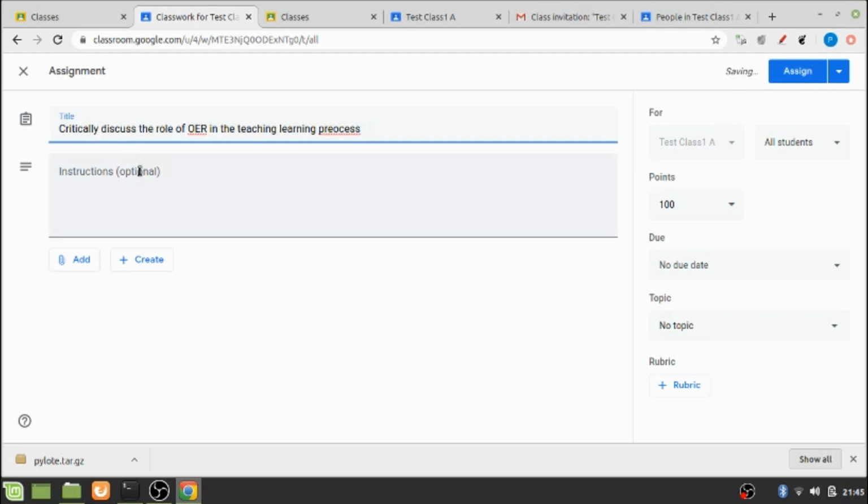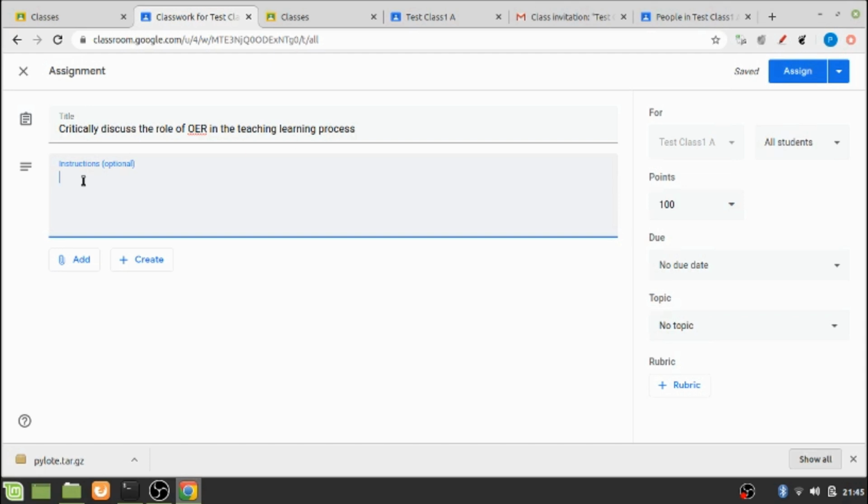So say I want an assignment to be assigned. So let's say this is an assignment, critically discuss the role of OER in the teaching learning process, and I can put some instructions for my students in this section.